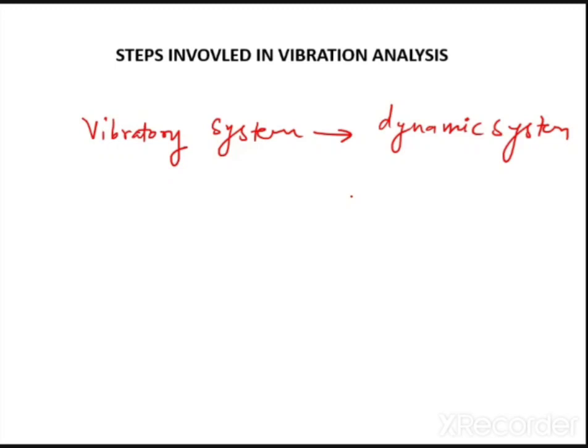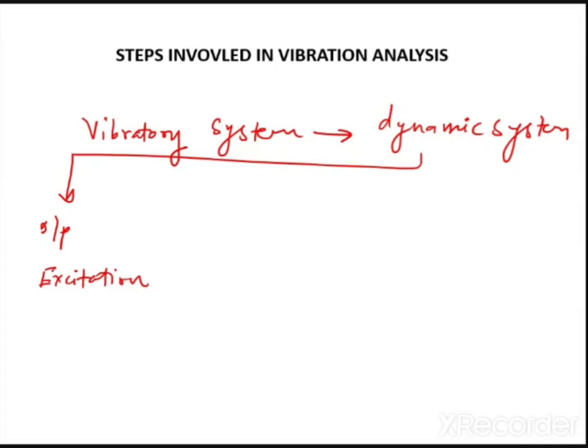So the vibratory system is a dynamic system, and for this dynamic system, what is the input? The input is nothing but the excitation. Or normally you can call it E, excitation. E excitation means external excitation. And what is the output for this? The output for this is nothing but the